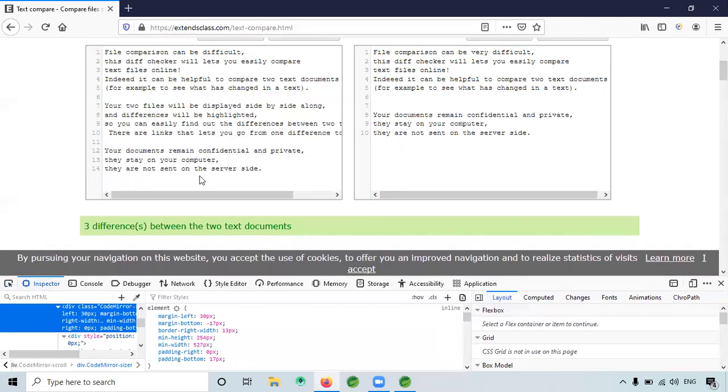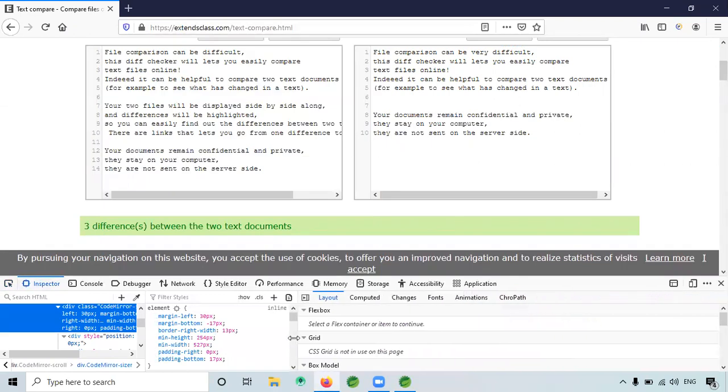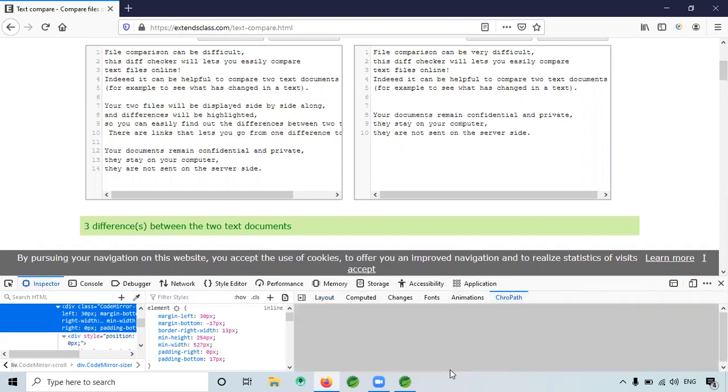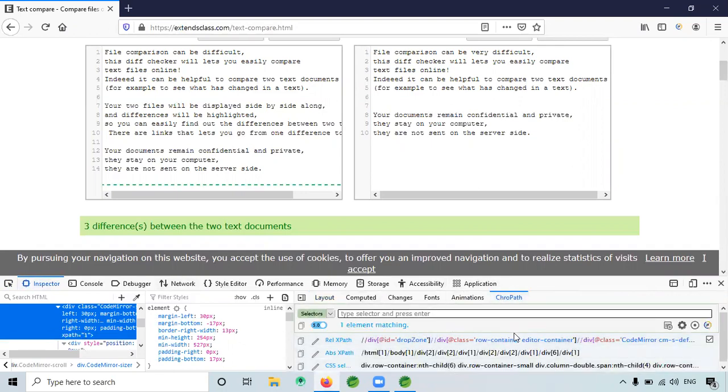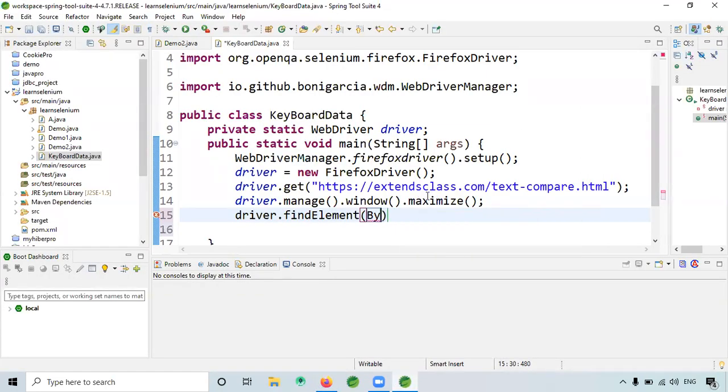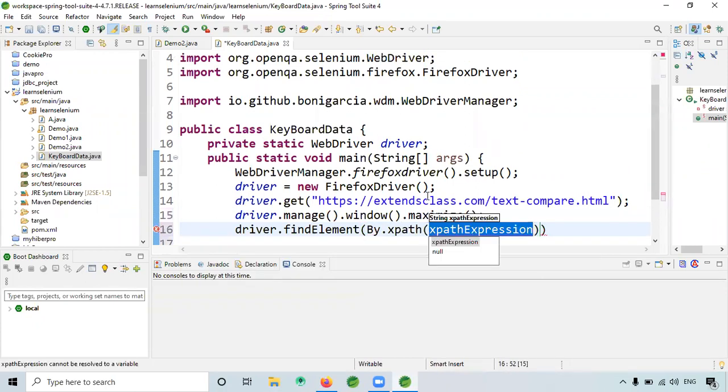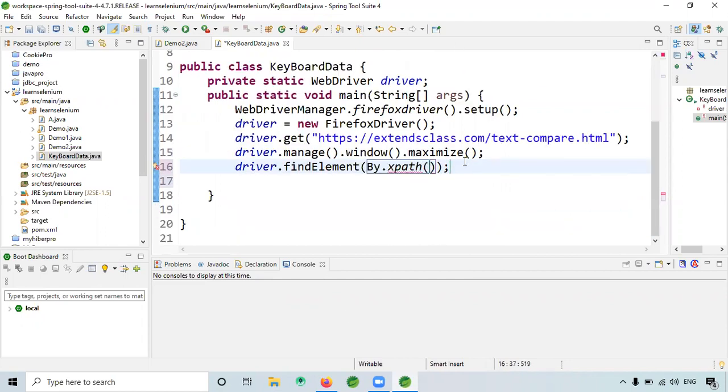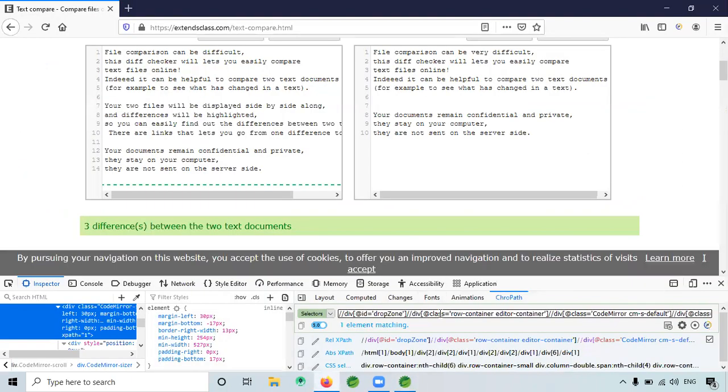This is the drop zone ID we have to copy. Since it's an XPath, driver dot find element by XPath, and in the string I need to pass that XPath.